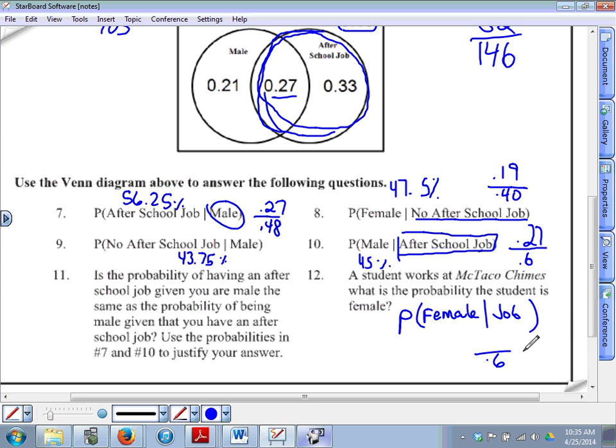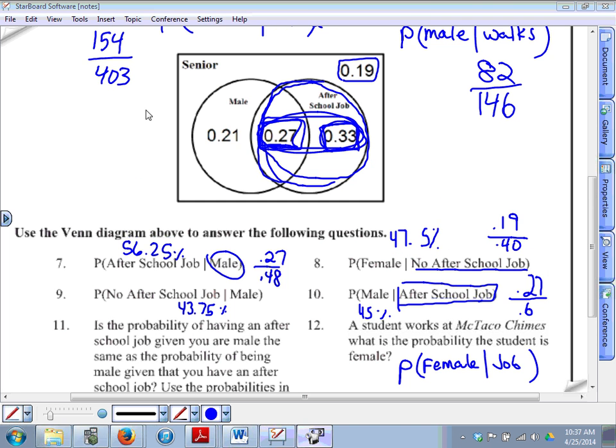Isn't 0.32 the female? No, you should subtract the 0.33, because I'm saying after-school jobs, and 0.27 is the one for males with after-school jobs. These are the males that have jobs. We don't count them, so it's 0.33